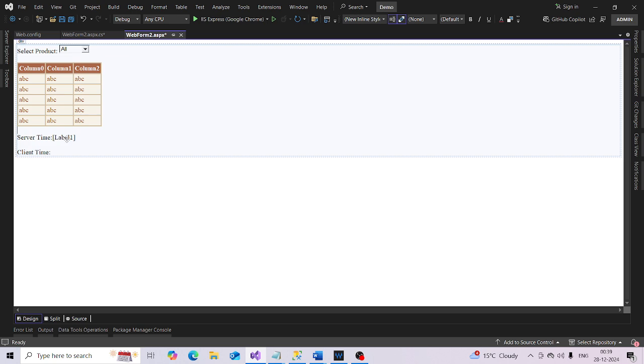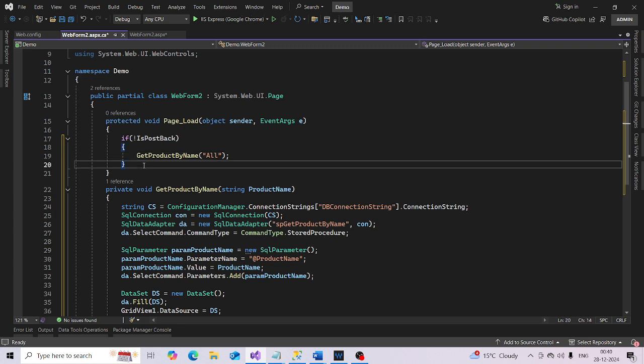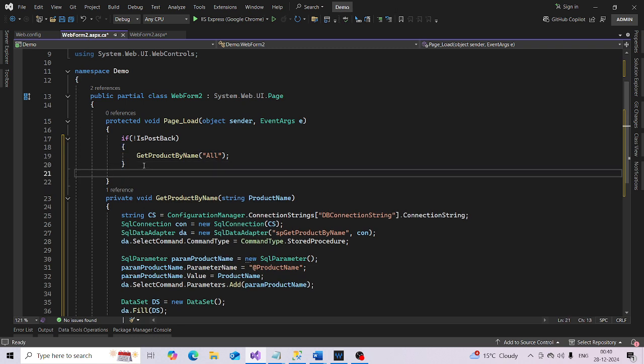To retrieve the server time, I am going to set the text property of this label control